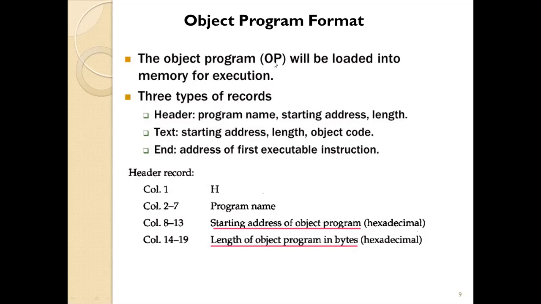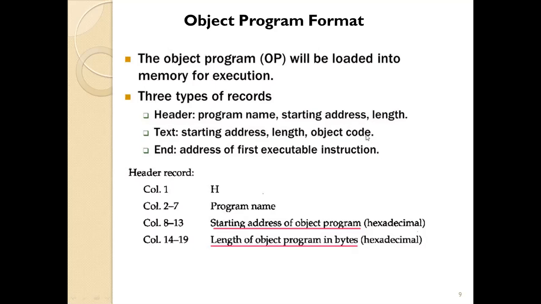And what does this object program contain? The object program contains 3 types of records. That is the object program format. Which are those: the header record, the text record, and the end record. What does the header record contain? The header record contains the program name, the starting address of the program, and the length of the complete object code. Then the text record contains the translated machine instructions, that is the object code,